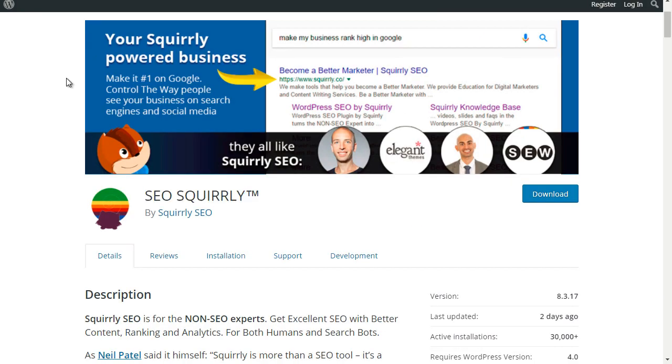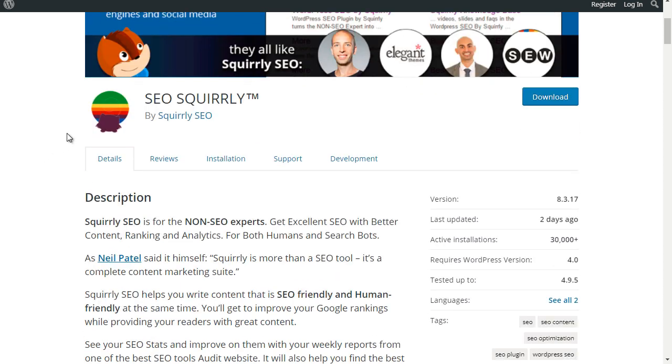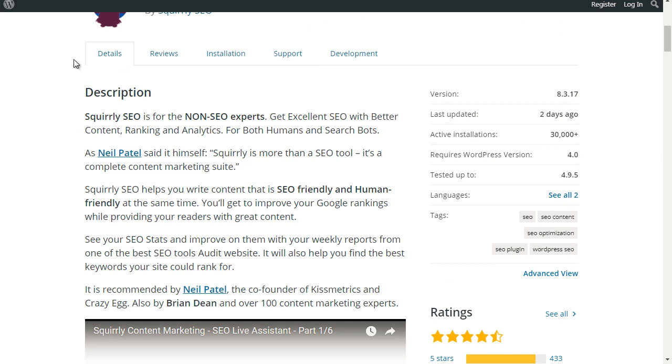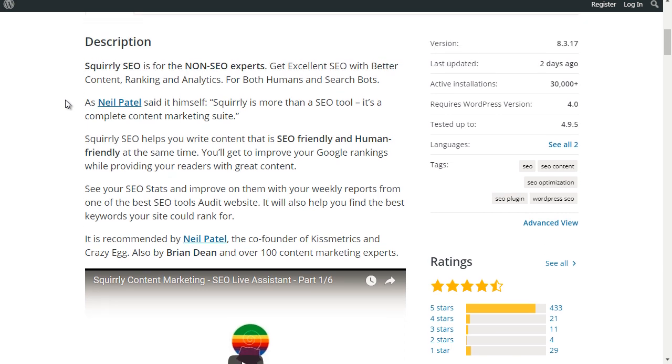Now, what we've found is SEO Squirrly focuses on schema, like I said, and schema is just a way to make your site appear in the search engines where people will click on your link. If you've seen, for example, the 5-star ratings that appear in the search engine, that is based on schema. And there are a lot of other little elements: if you've got images and videos on your page, SEO Squirrly will automatically optimize those media types on your page. We've tested this one and Yoast together, and they actually work hand in hand. Now, they can run into each other based on the title and the meta description,